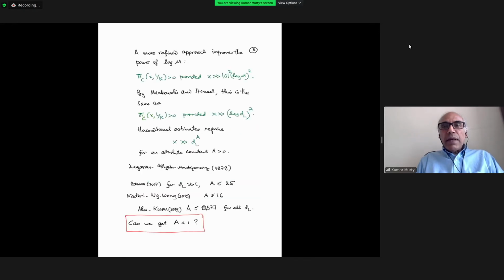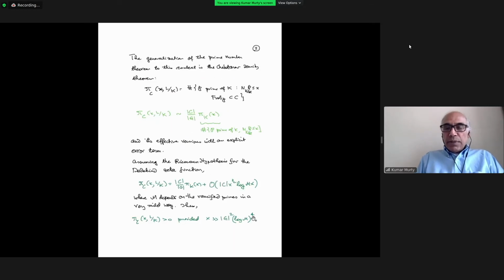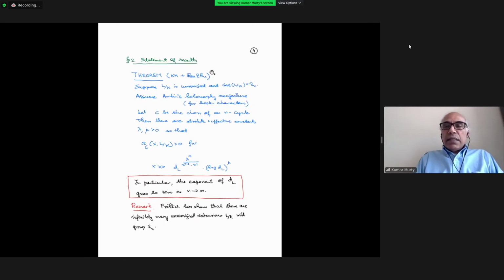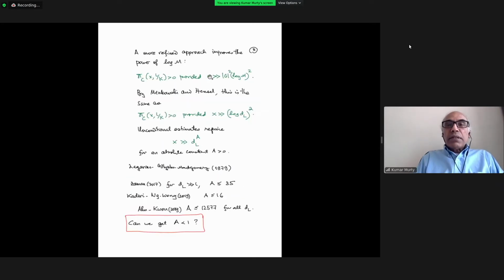But you can ask for a more refined approach, and you can try to improve this. Here I had a fourth power of log m, and you can take a more refined approach and in fact prove it with the square of log m. Okay, and now by Minkowski and Hensel, you can essentially replace this quantity by